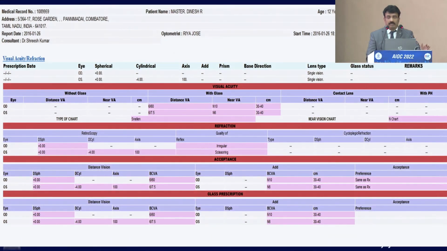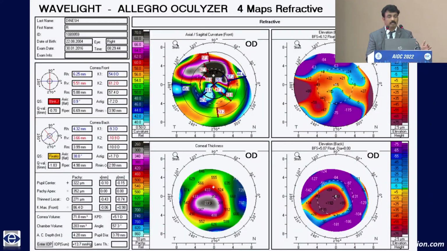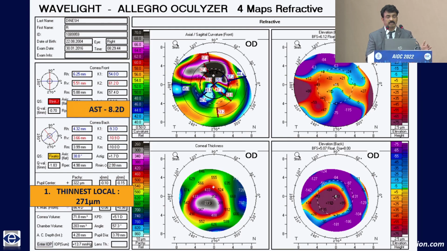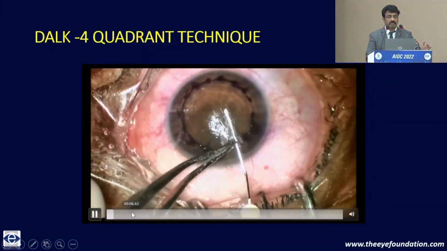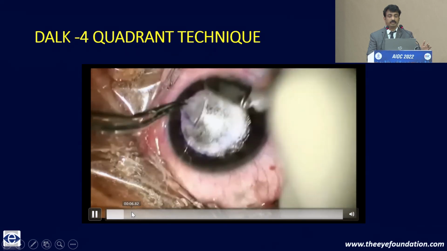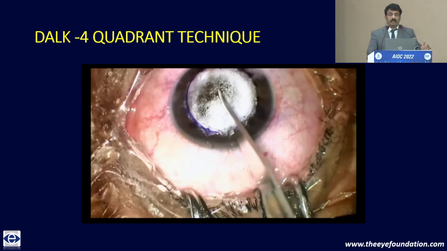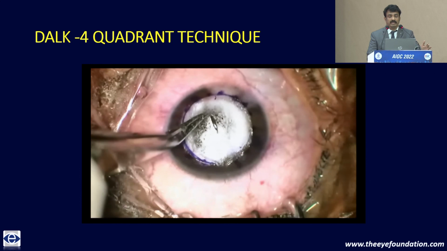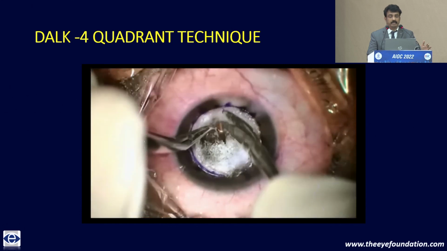And I just want to show a few case examples. This is a case of keratoconus in a young boy. The right eye vision is 6/6, not improving with glasses, and this is the topography picture, and the thickness is only 271, and astigmatism is very high. The patient was not improving. And this is the technique I usually follow in these cases. I inject an air bubble into the stroma, and after getting a big bubble, I do a superficial keratectomy, and then perforate the bubble, deroofing it, then inject visco into the neck incision to keep the Descemet's away